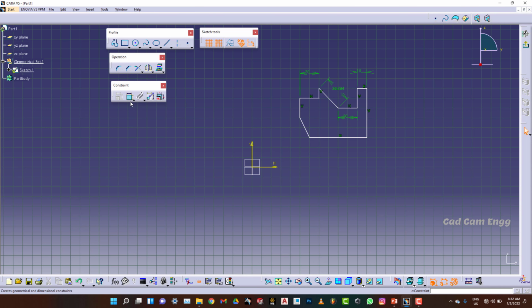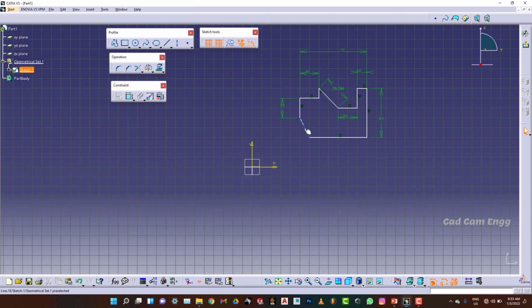Okay, this is all we mentioned. Another line I'm going to mention, from here to here the total distance is 7. Then for this line I also want to mention the height. After that, this line. Now almost all sides of our drawing are constrained, meaning all horizontal dimensions are mentioned here.